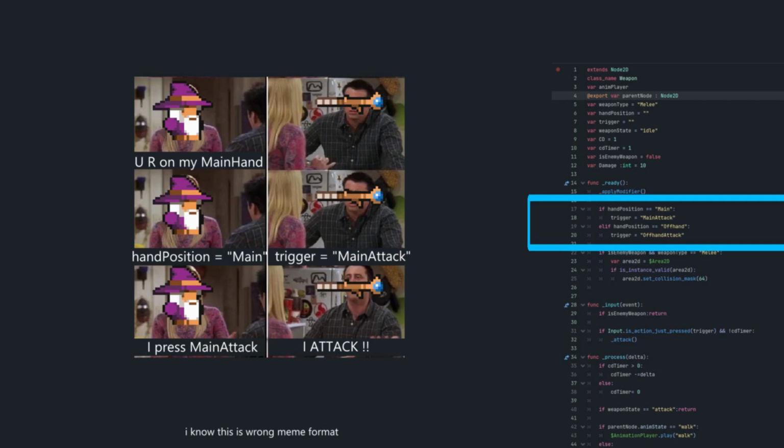If it's on main hand, the trigger would be the main attack button, and if it's on off hand, it would be the offhand attack button. Okay, moving on.